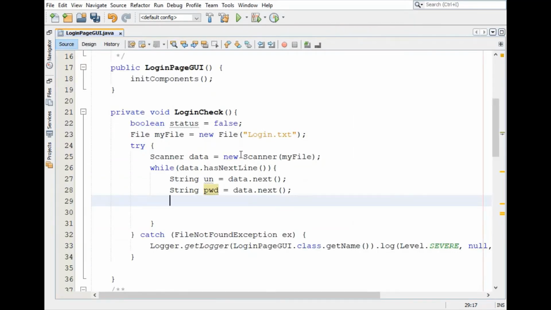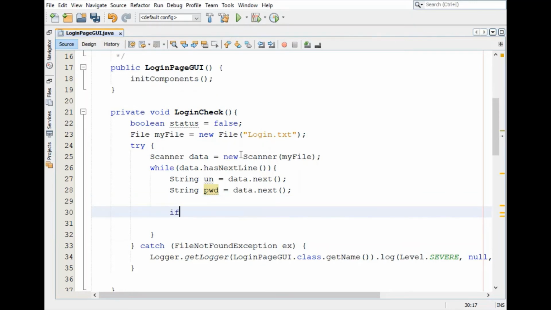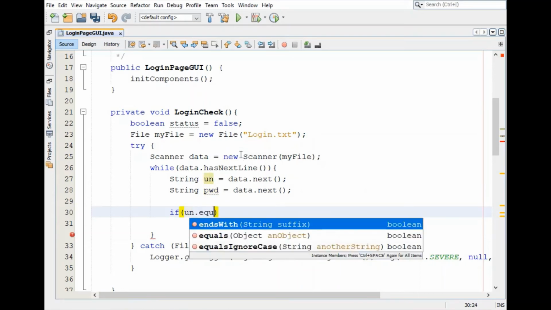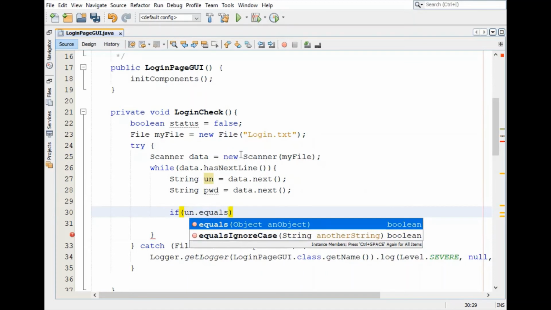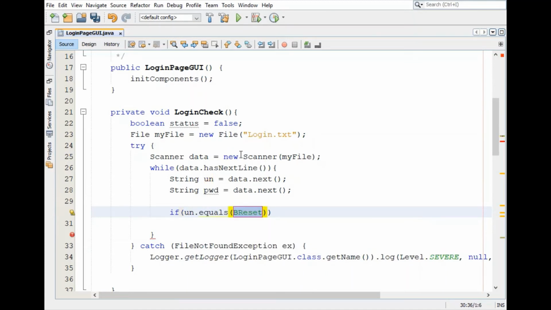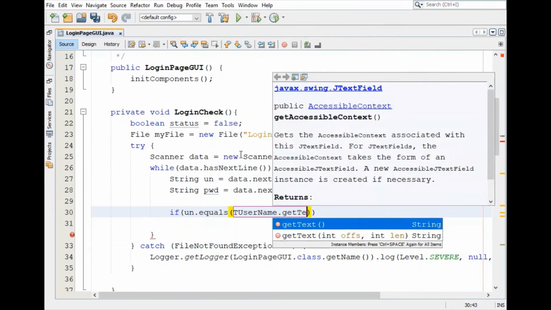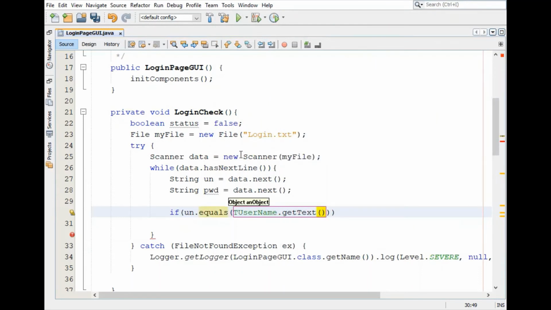So for that we will write one if statement, and under if let's compare this username with the username entered by the user, txtUsername.getText. So basically we are comparing the word entered by the user into this text box with this username which is fetched from the login.txt file.